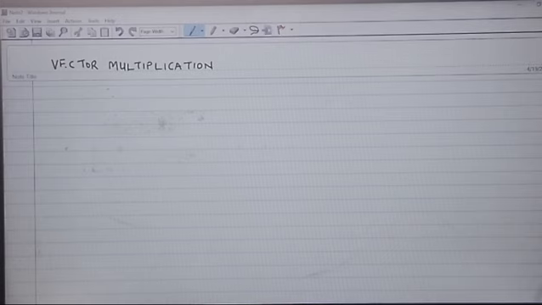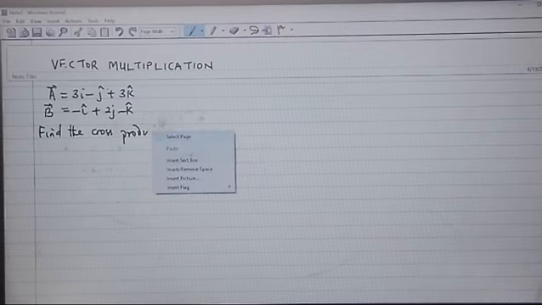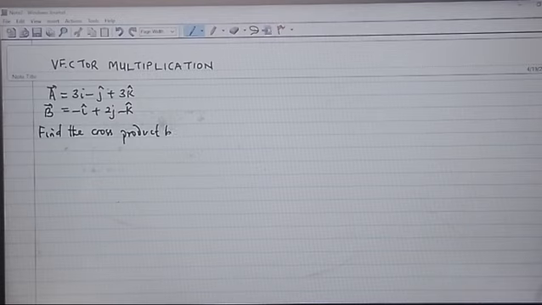So assuming I have two vectors A and B, let's say one vector A is expressed as 3i minus j plus 3k. I have another vector B is equal to minus i plus 2j minus k. If I want to find the cross product between them, the cross product between A and B,